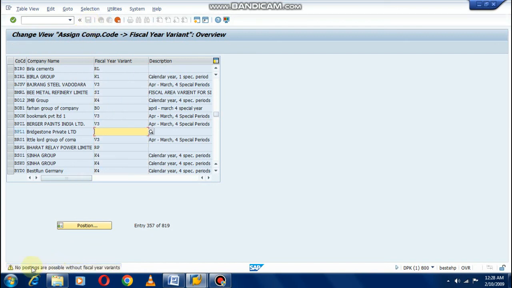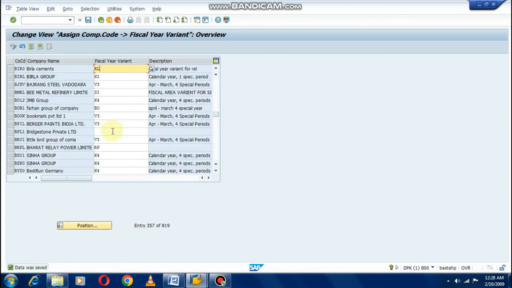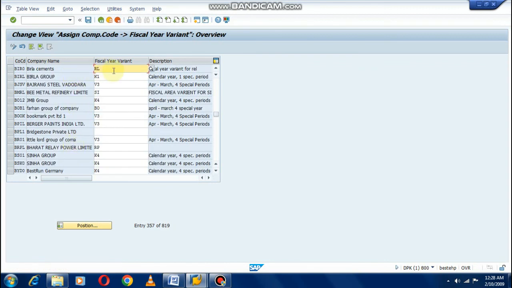This is showing an error: no postings are possible without fiscal year variant, because some people have not assigned fiscal year variant to their respective company codes. That is why it is showing an error. Now it is saving. Okay, click on continue. So Birla Cement has fiscal year variant RL.